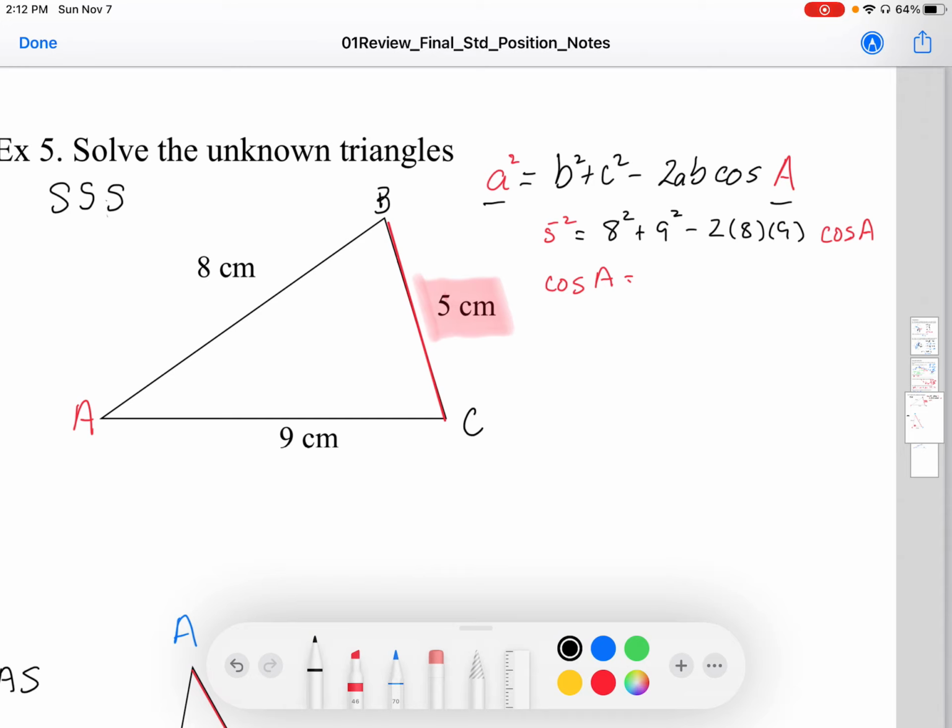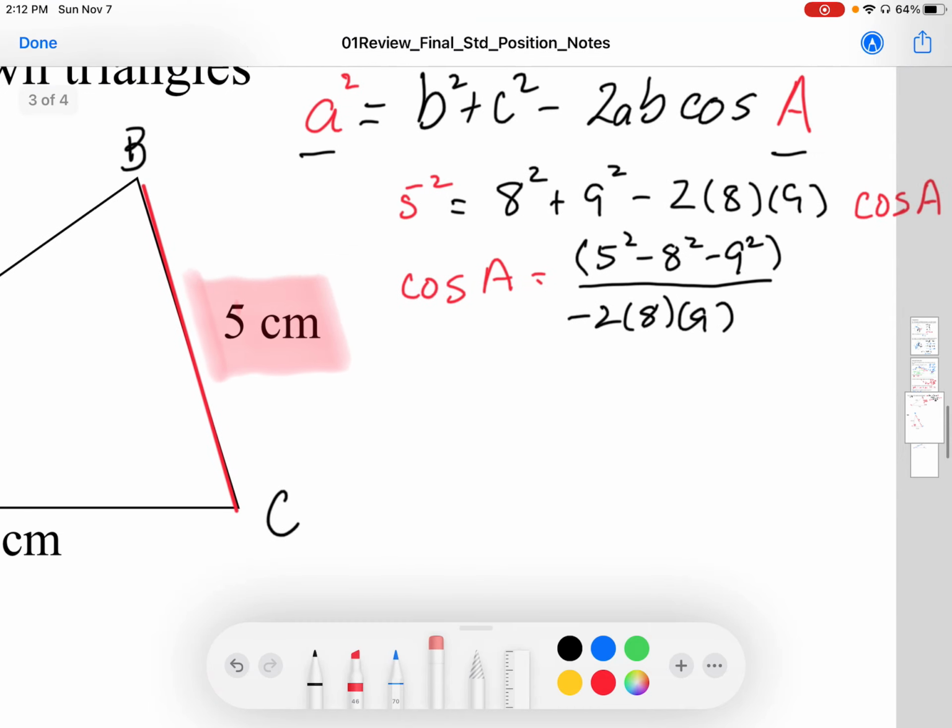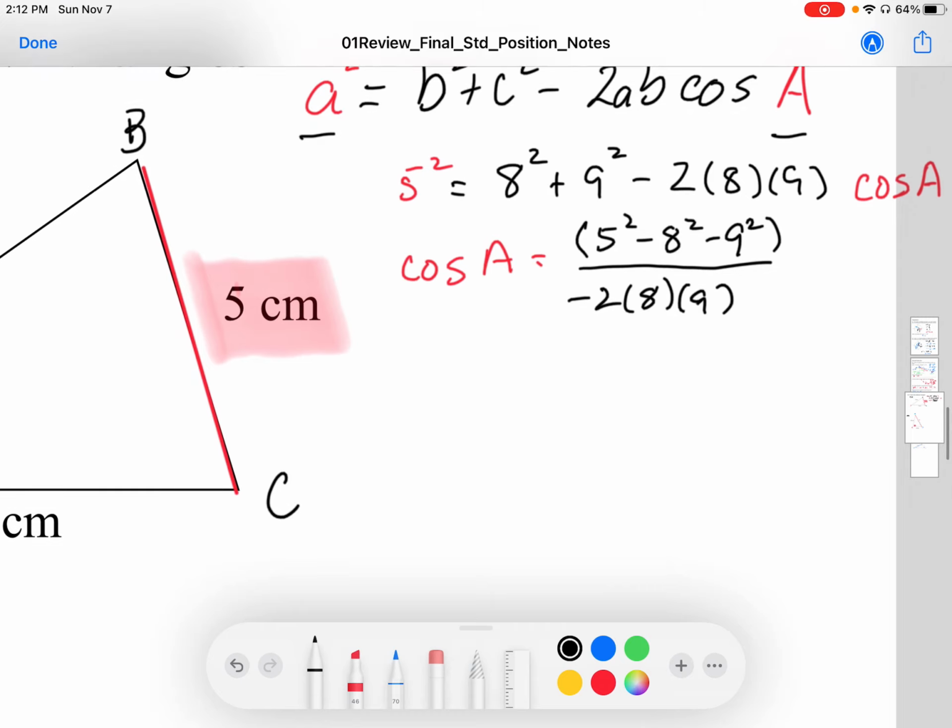And rearranging this equation, we're going to end up with 5 squared minus 8 squared minus 9 squared all over 2 times 8 times 9. If you're putting this in your calculator, just make sure that you put the denominator in brackets, otherwise we'll get values which will be incorrect. So the cosine A value, when we solve for that, we end up with negative 0.833 repeating. So I'm just going to write that as